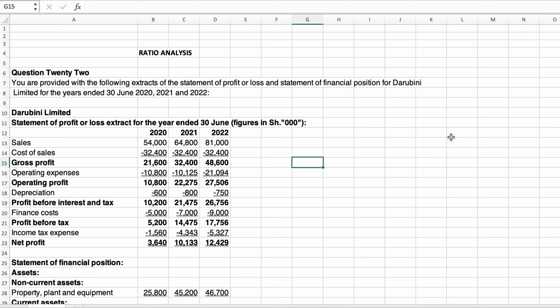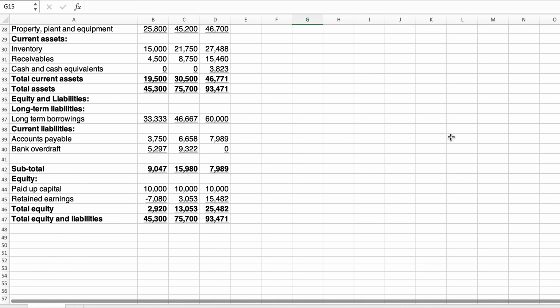I think now you are familiar with how to calculate or determine the profitability ratios. And today I would like us to move to the next category of ratios, which is